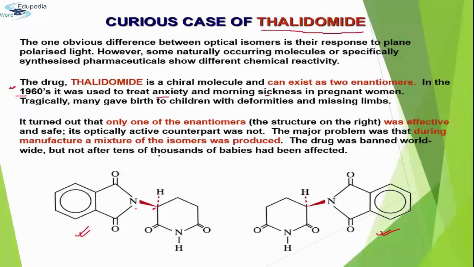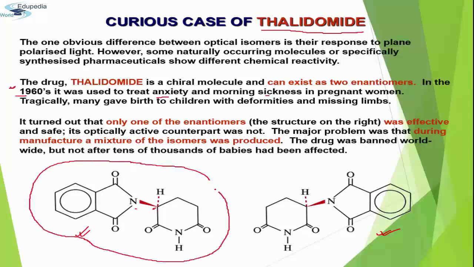Like while you are preparing this drug thalidomide, there is very less control whether the attack is from the top or from the back, and because of that two different isomers could be produced, enantiomers. So when we came to know about the ill effect of this compound, then the use of this drug was banned. That's why optical isomerism is so much important in